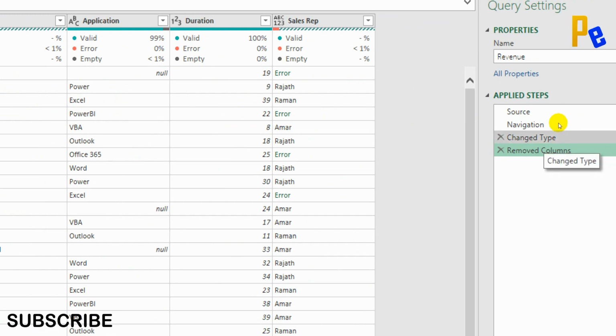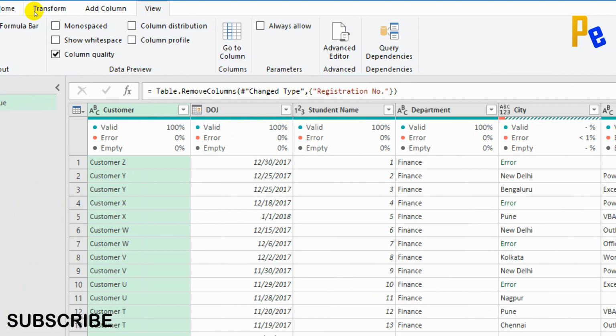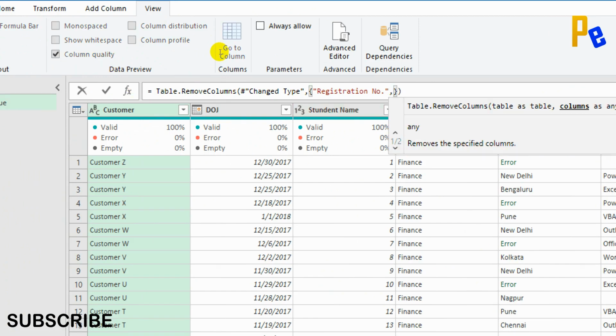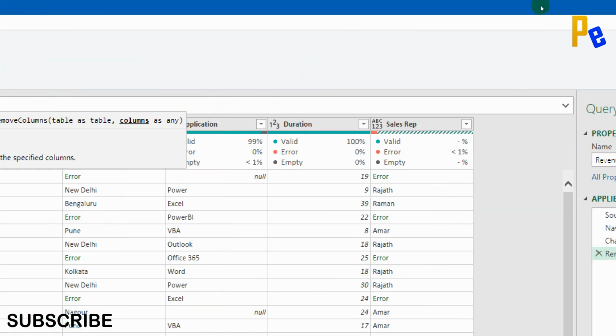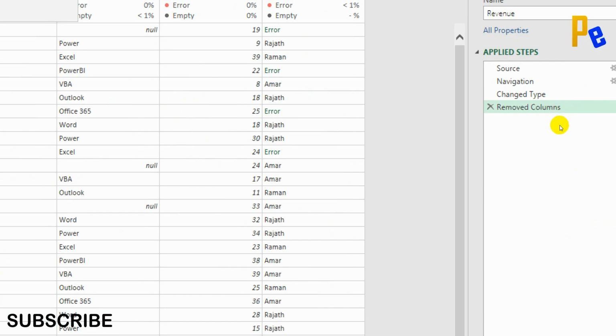So after the change type step only this step is occurring, and the column name is registration number. For example, if I want to add more column names, I can just put a comma, start adding the columns so that those columns will disappear.